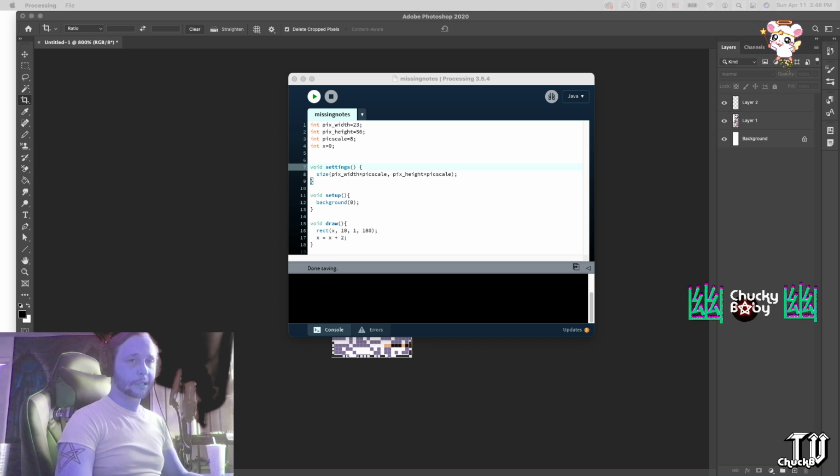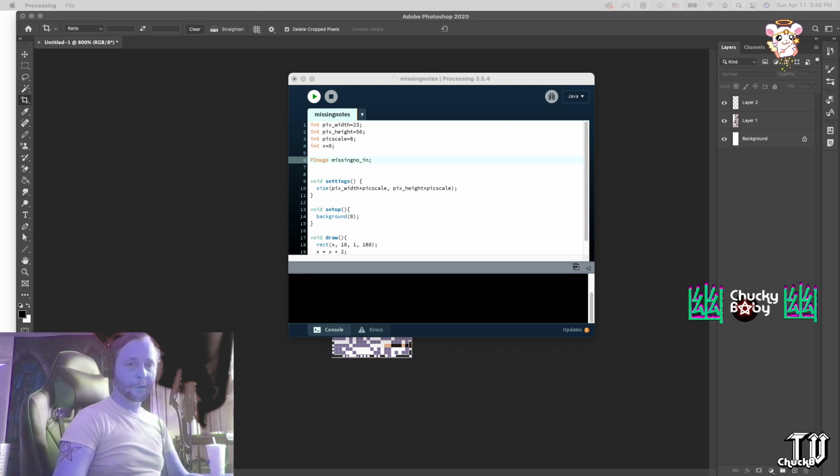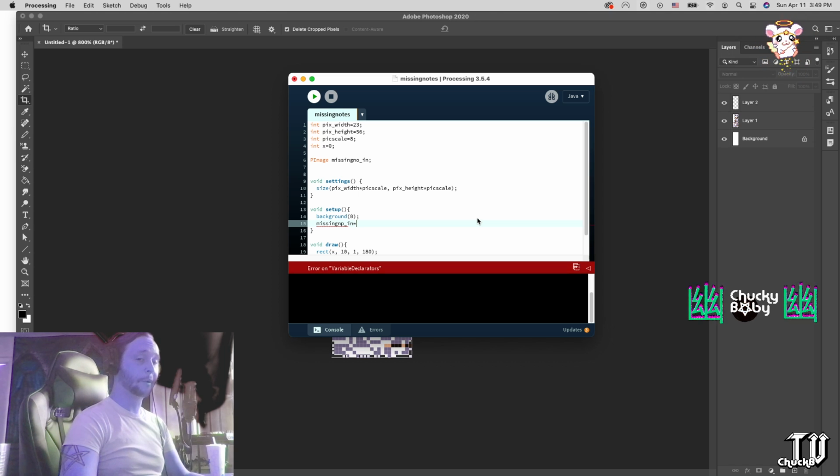And I'm going to go to processing and import, see how to import images. You use a PImage, I think, is the object. So we're going to go PImage Missingno_in like that. And then in our setup, I still have my mind blown by this settings thing. I never knew that. It just goes to show you there's always new stuff to learn in whatever you've been using for a while. So yeah, Missingno_in